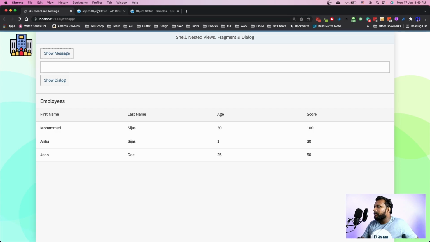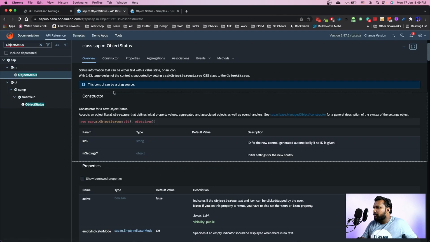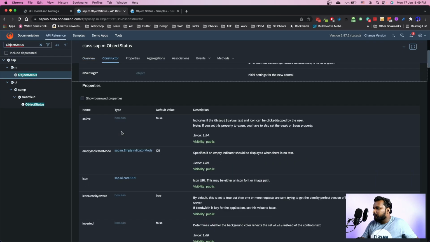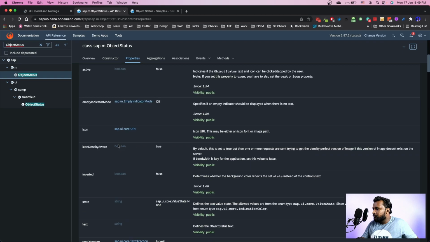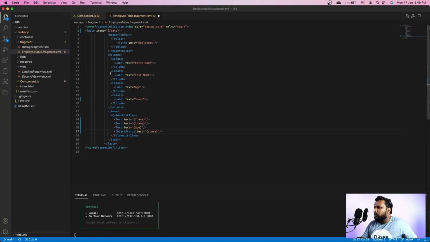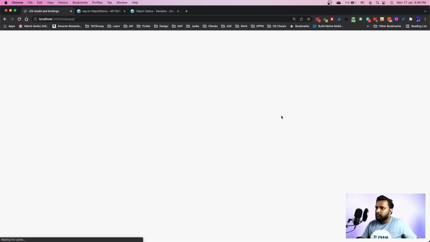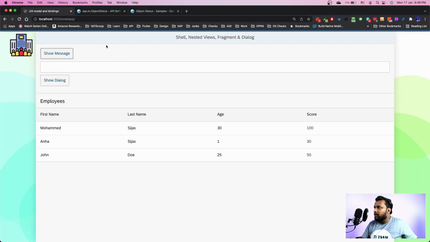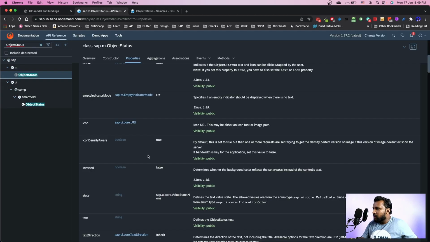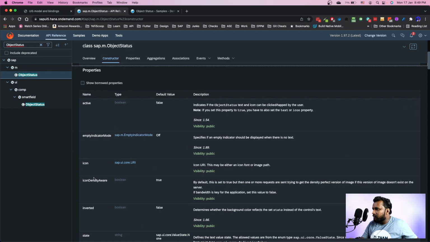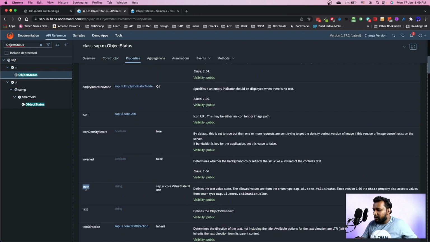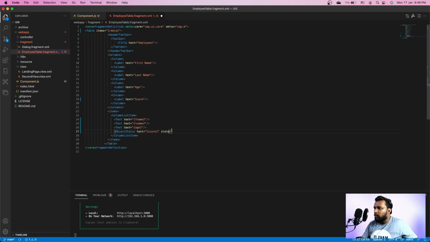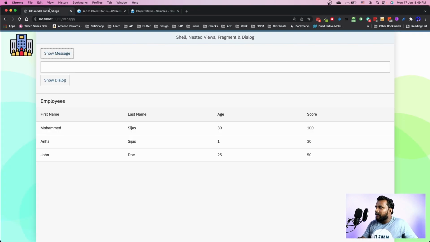The first field we have to look into: let me go to the constructor and see the properties. I have something called text. I'll save it, come back and refresh. We have object status, but there's not much difference here. That's because of the colors which we have to assign. The property to assign color is called state. It supports different states. By default, none is the state, so we don't have any states right now. Let's see an error. Let's see how it looks with error status.